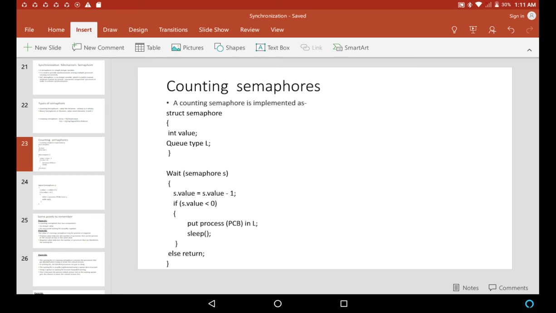The value of S is equal to -2, and there are two blocked or suspended processes, which are P4 and P5. Once P1 completes its action, that is, it finishes its work in the critical section and is done with its task, before termination it has to execute its exit code. So what is the exit code mentioned here?